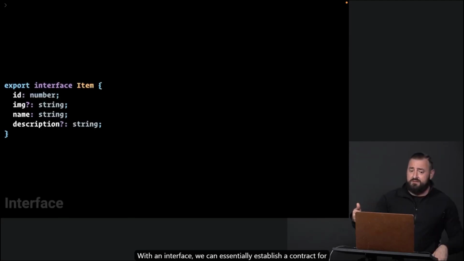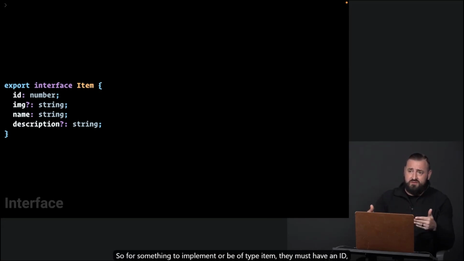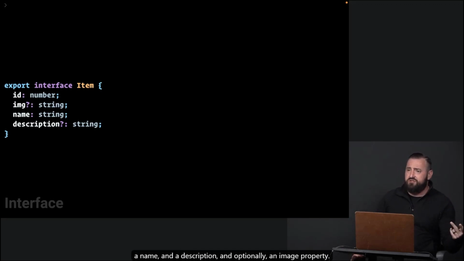With an interface, we can essentially establish a contract for how something is going to be constructed. So for something to implement or be of type item, they must have an ID, a name, and a description, and optionally an image property.